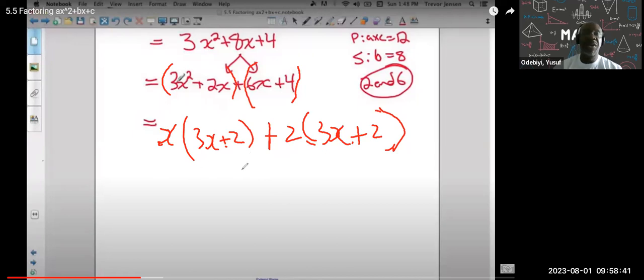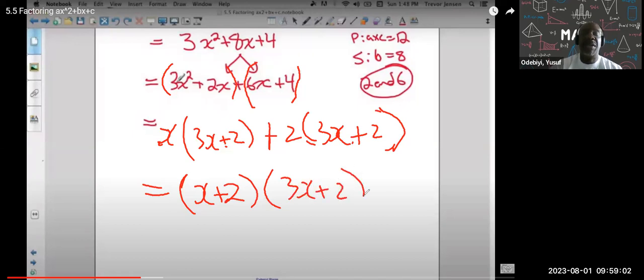Okay, so now this is factored by grouping. Now I can basically take the x and the plus 2 and put it in as one factor, x plus 2. And then the other factor is 3x plus 2. Okay,